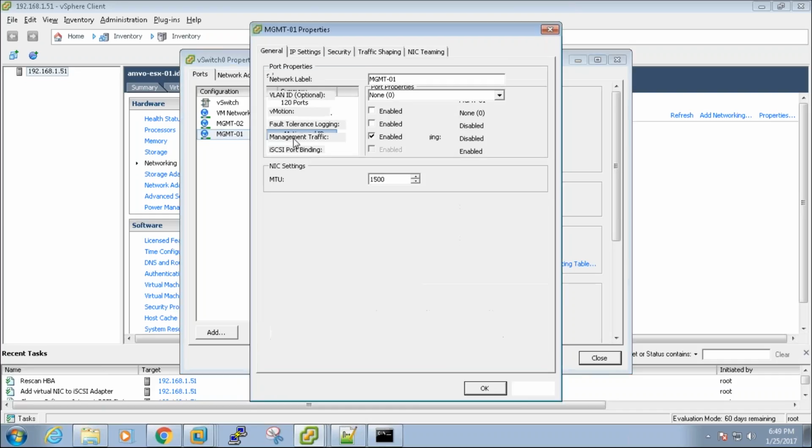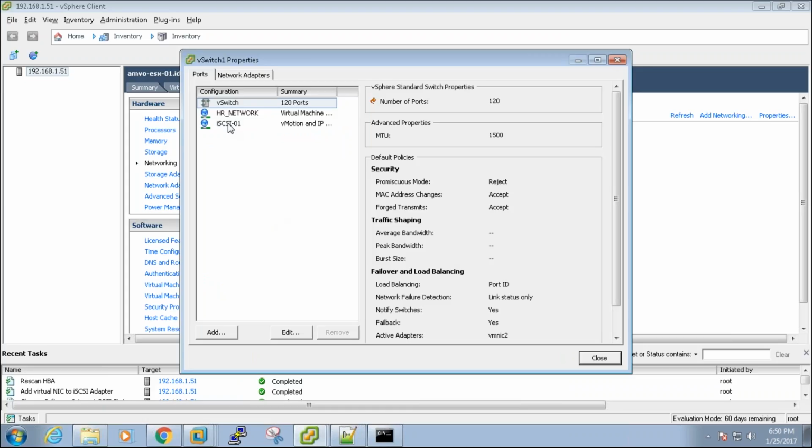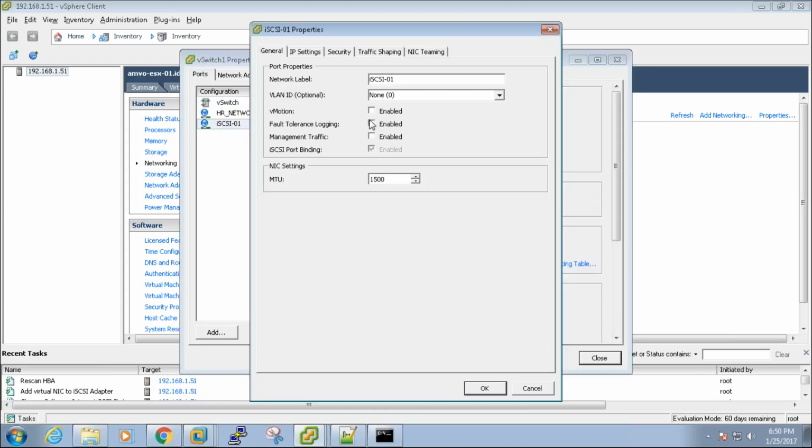If I go to the other port, this is also marked as management traffic. If I don't do it, we will not be able to access the ESX server with that particular IP address. Similarly, on this port group, I did not tick mark use it for iSCSI, and here it is not allowed to do a tick mark.